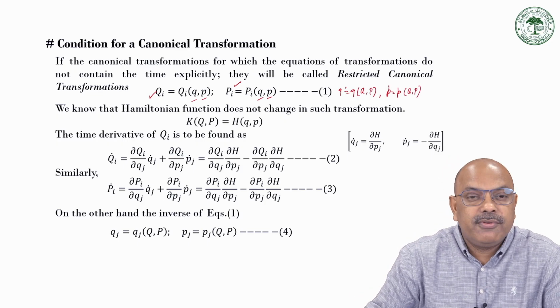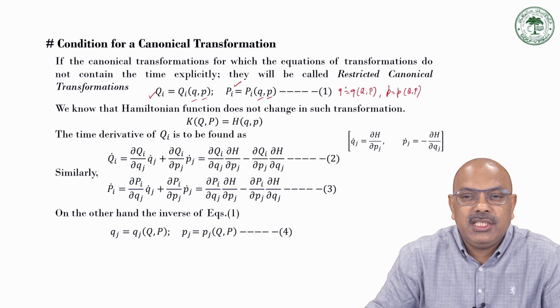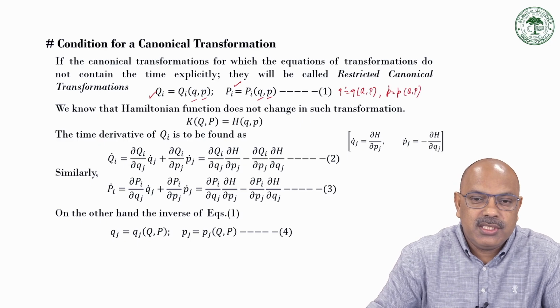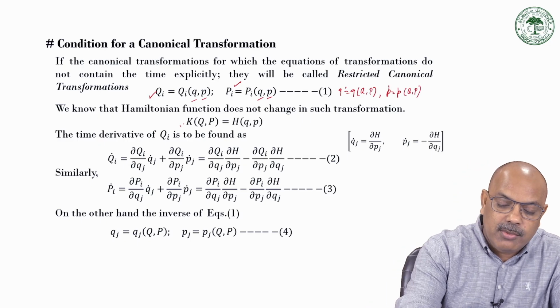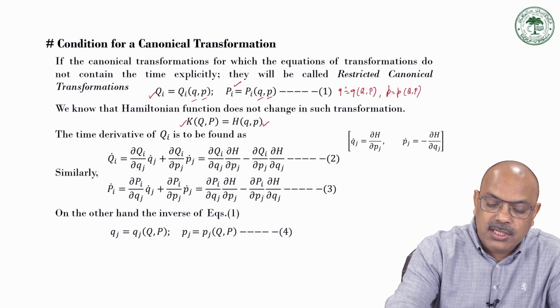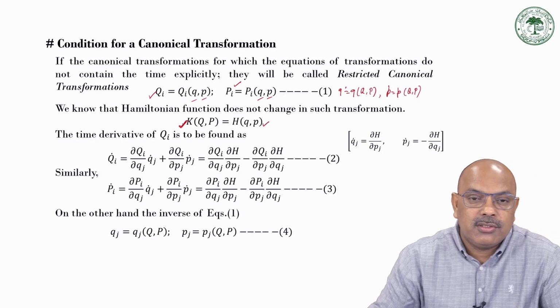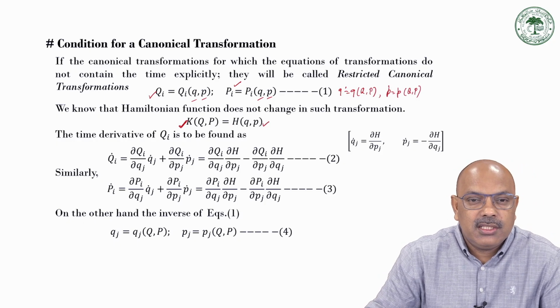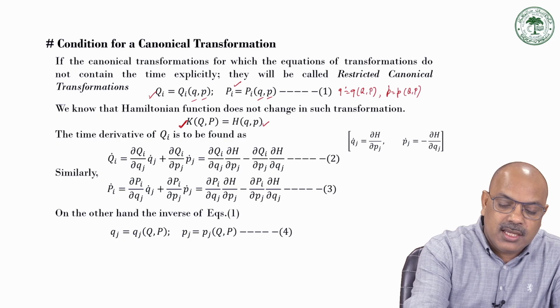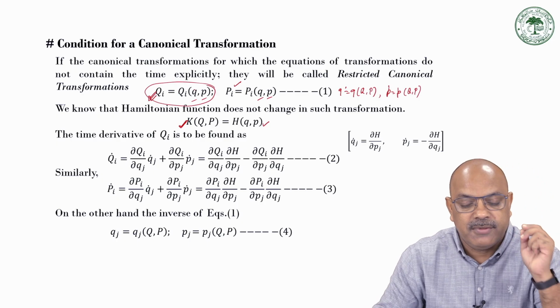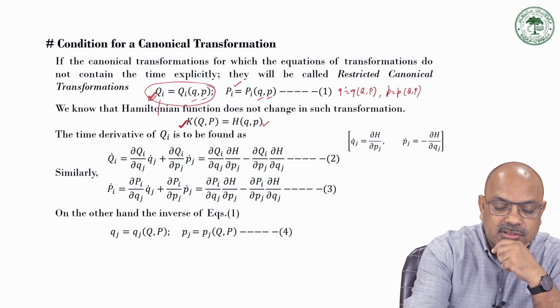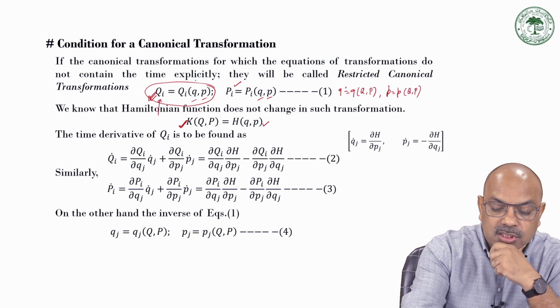So first thing, if my Hamiltonian function doesn't change in such a transformation, then the old Hamiltonian is going to be the new Hamiltonian, K. Now taking the time derivative, if this Qi is my function given the transformation, so if I'm going to take the time derivative of this function Qi,